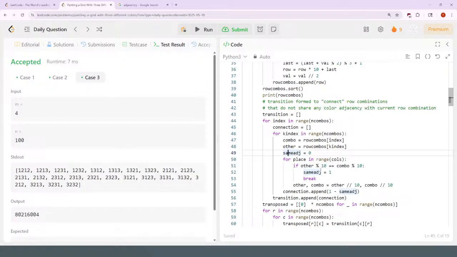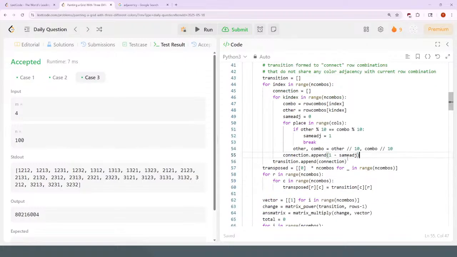This could be a boolean, false or true, but this is just going to be same adjacency if it's 0 is false. Same adjacency being bad, being not connected. So if there's any colors that are matching, so same digit in the same spot of the two combination values, then I set the same adjacency to 1 and break. Otherwise, it's going to stay same adjacency as 0. If same adjacency is 0, then that's good, so it's connected. So I append 1 minus same adjacency. And then I append that